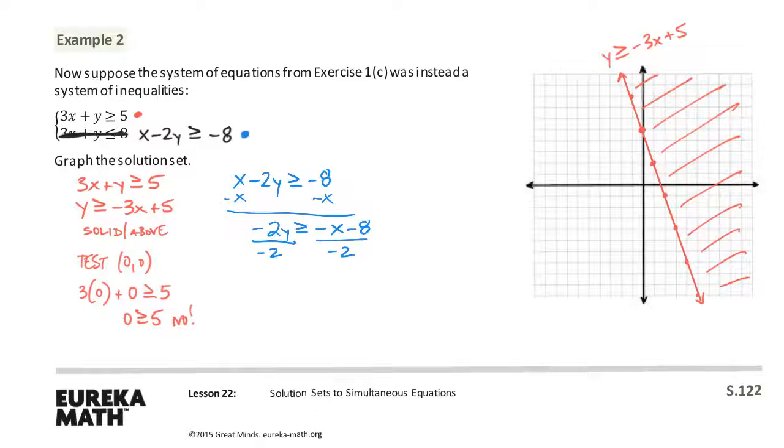Now a couple things happen here, and that's why I chose this example. On this side, we're left with just y. Because I divided by a negative, don't forget you have to change your sign. And then this right here, negative x over negative 2, don't forget that there's an invisible 1 in front of that. So negative over negative is positive. So this is really 1/2 x. And then negative 8 divided by negative 2 is positive 4. Okay, so